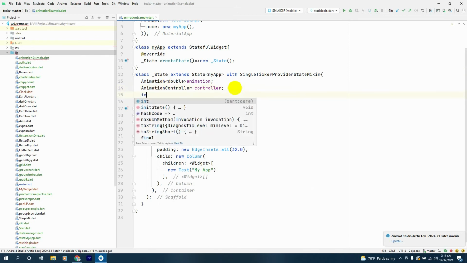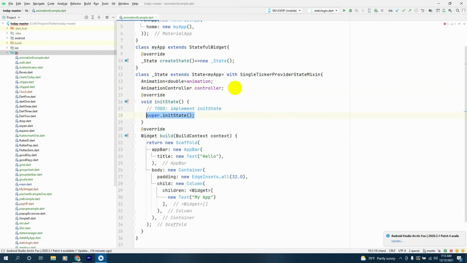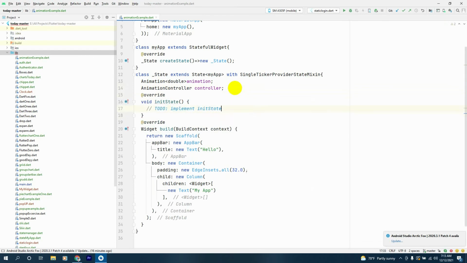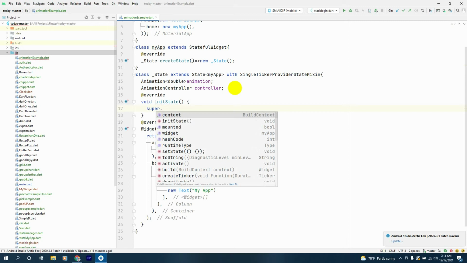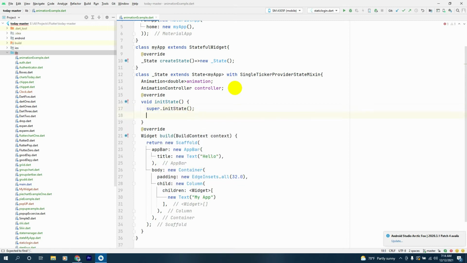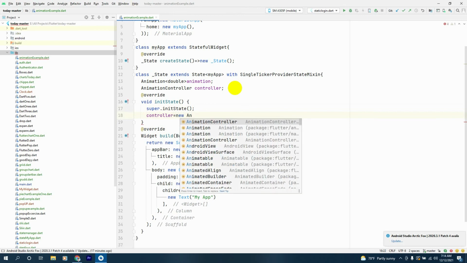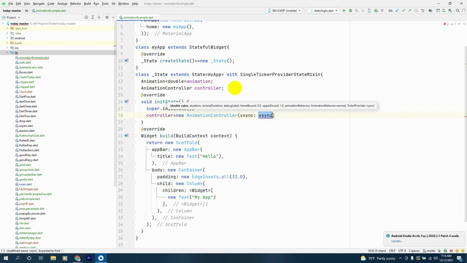And next thing, we'll have the init state placed to provide a code when the application starts. Here, we'll say super dot init state, and after that we'll have our controller made equal to new animation controller, and vsync will be this,